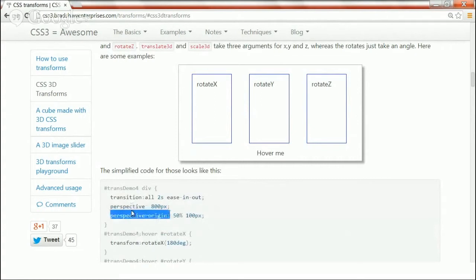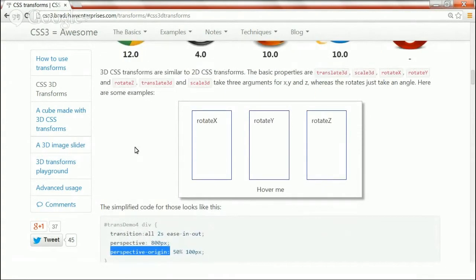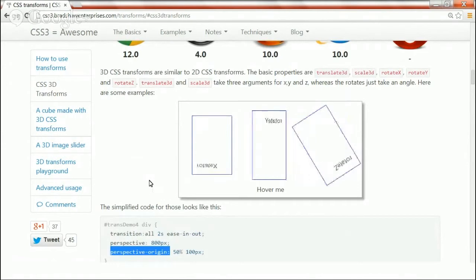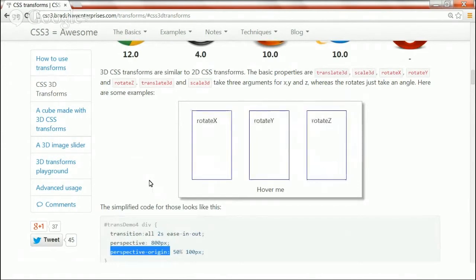If you specify these two properties also, you will have the 3D effect for a particular element in your site. If you hover on the container over here, you'll see the animation of these div elements towards their respective axis. So these are the 3D transforms.